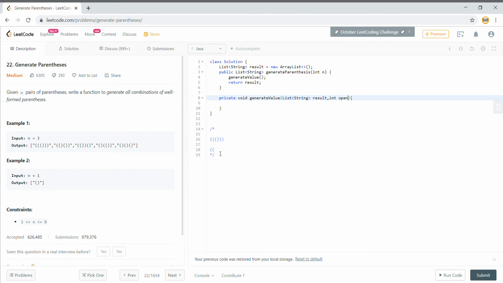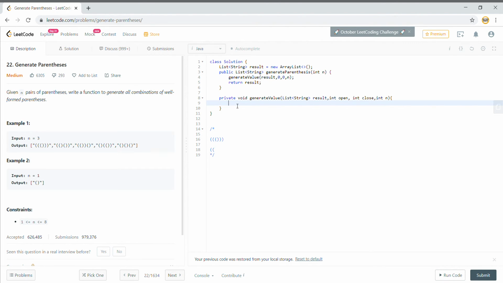So you need an integer for the number of opening brackets and one for the number of closing brackets, and also the length, which is basically n, how many pairs you need to generate. We pass the result, the number of opening brackets which was 0 when we started, closing which was 0, and n. So we are ready with the skeleton.